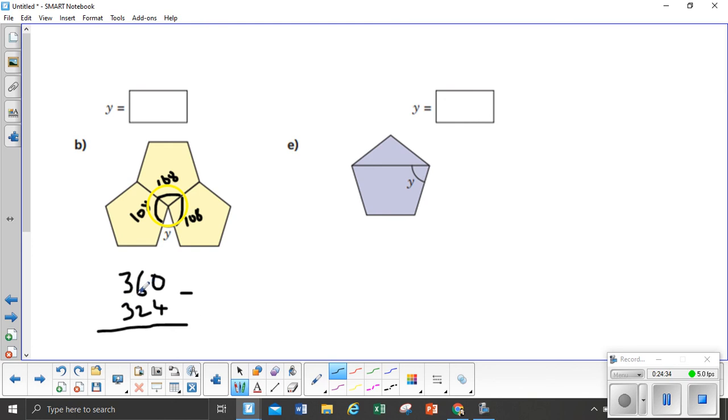I can't take away 4 from 0, so let's make that 6. 2 from 5 is 3. So Y equals 36 degrees. And this one